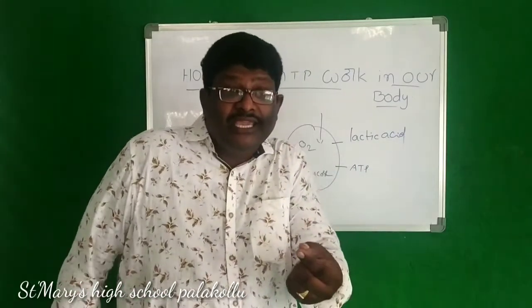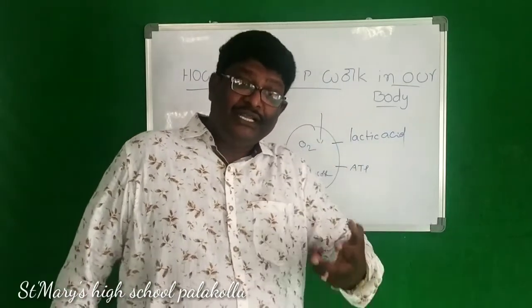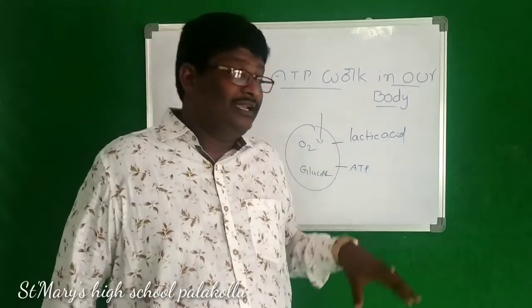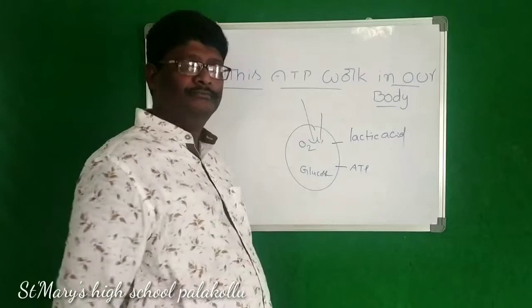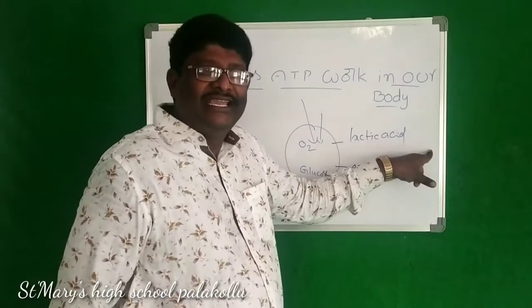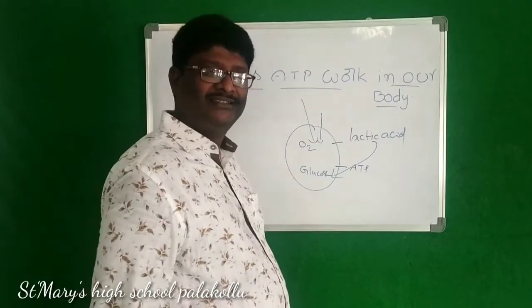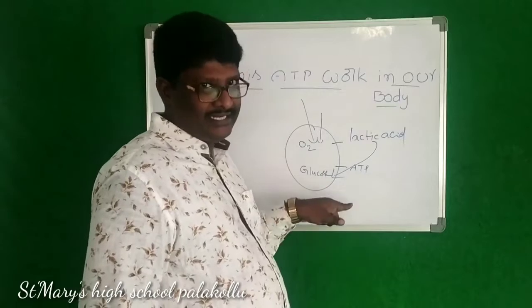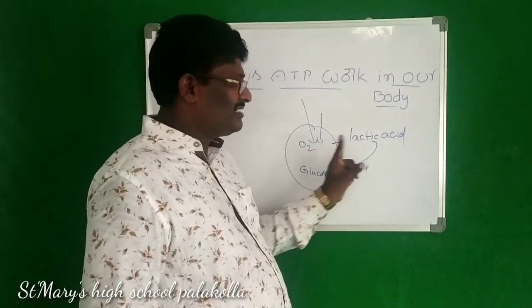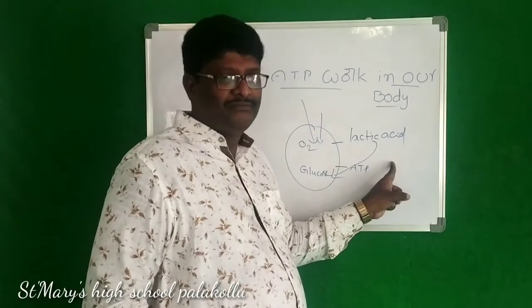So when we take a sufficient amount of oxygen into our body and it enters the cells, this lactic acid is again converted into glucose. Do you understand what I am telling? Without oxygen, this glucose is converted into lactic acid in the muscle. But